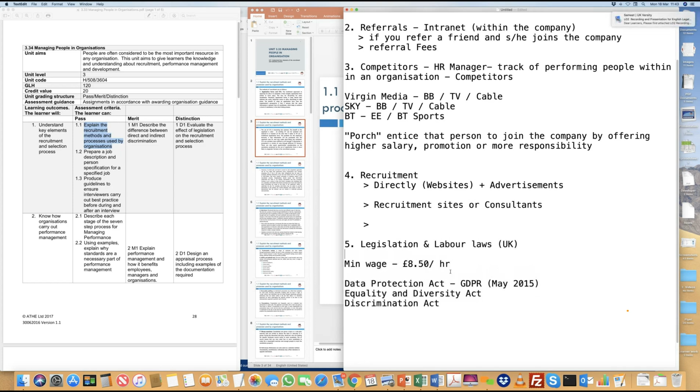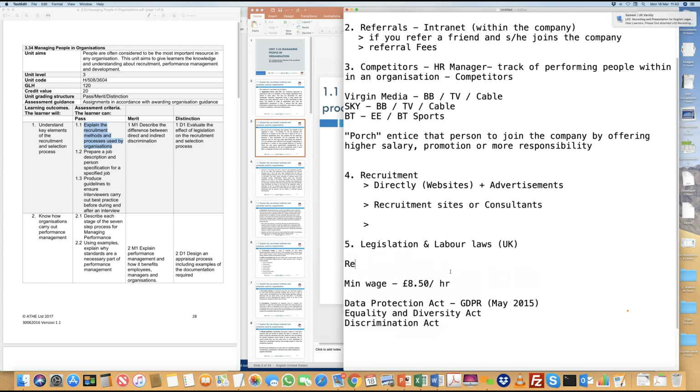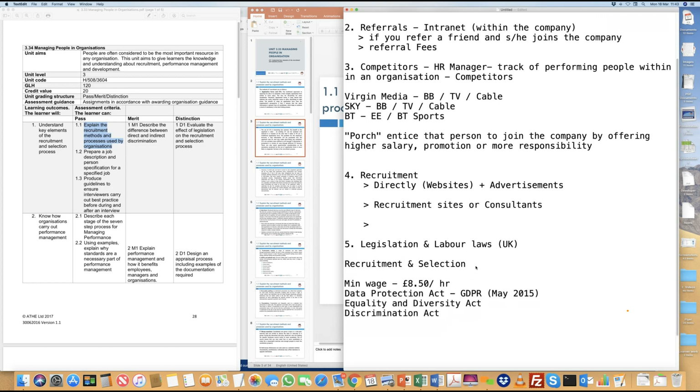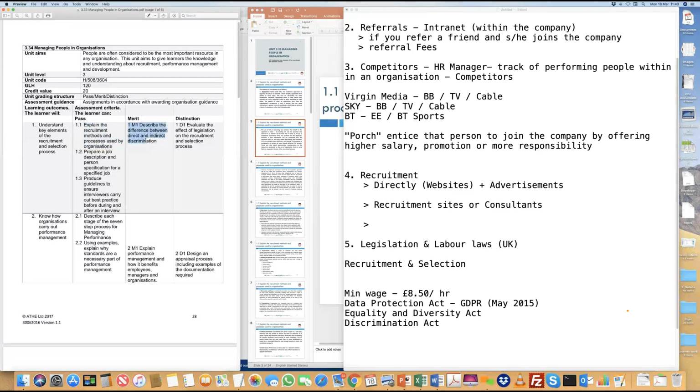So what are these direct laws which are related to recruitment and selection? If the company breaches these laws, then the companies can be sued. They can be fined, and the regulator can actually look at taking legal action against an organization. So some of the minimum laws that we have to look at, and this is for the merit activity,